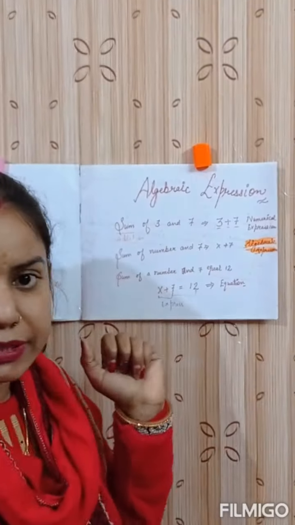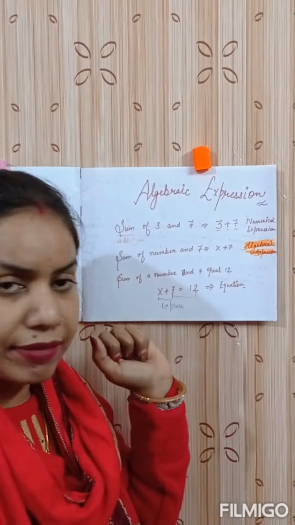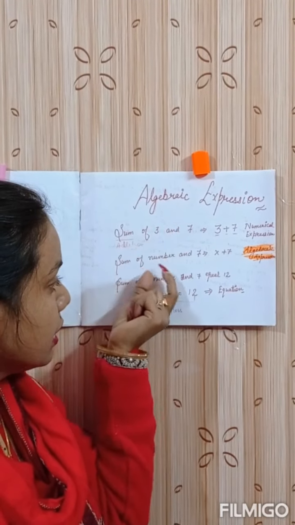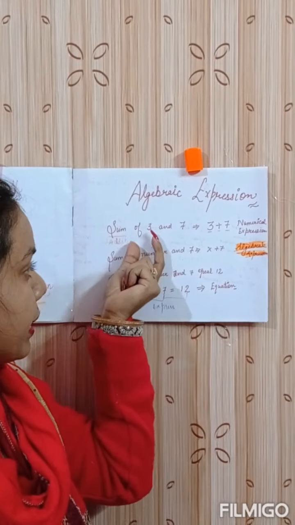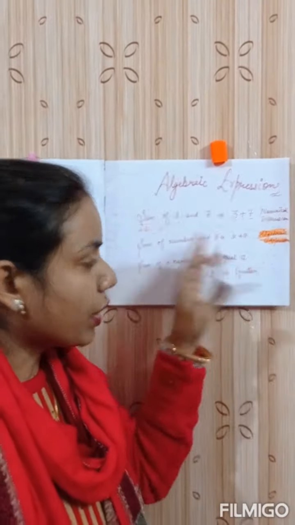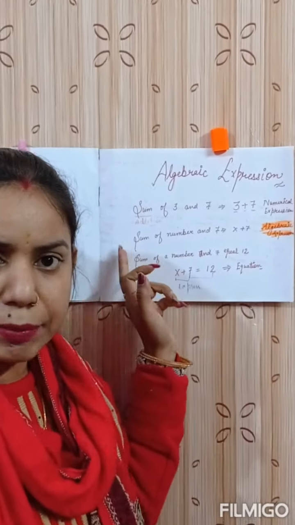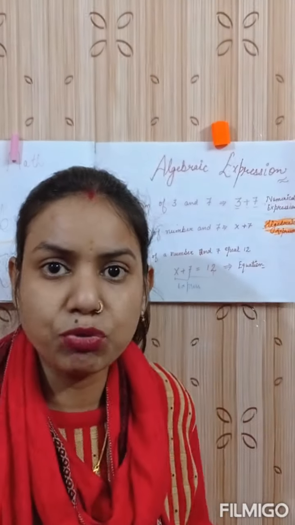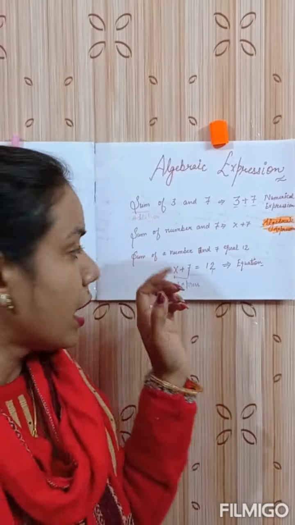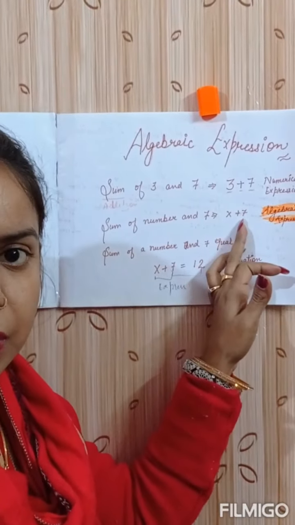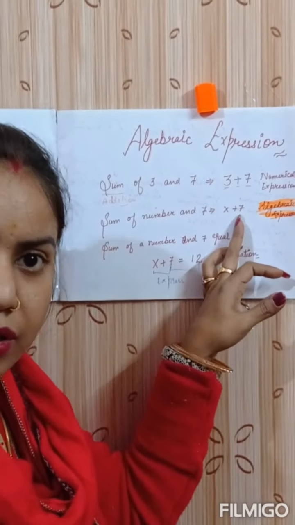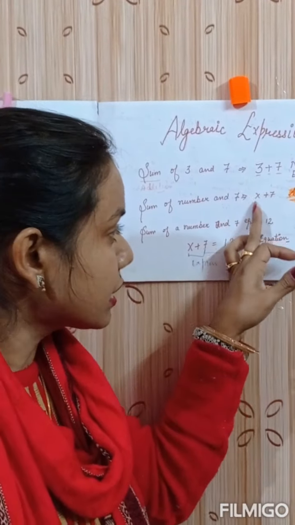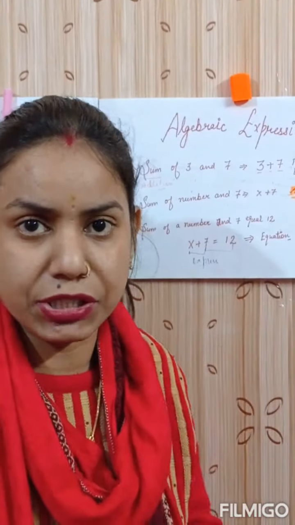Here is another statement: the sum of a number and 7. It is similar, but in this statement we use a number as compared to the 3. So how can we write this statement? Sum means the addition of a number. Here we don't know what the number is, so we can use a variable, that is x, and this statement can be written as x plus 7. So here one is a numeric value and the other is a variable. This kind of expression is called an algebraic expression.